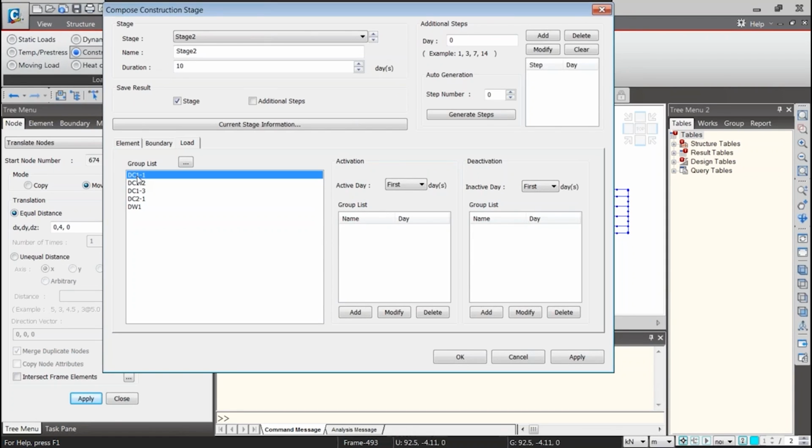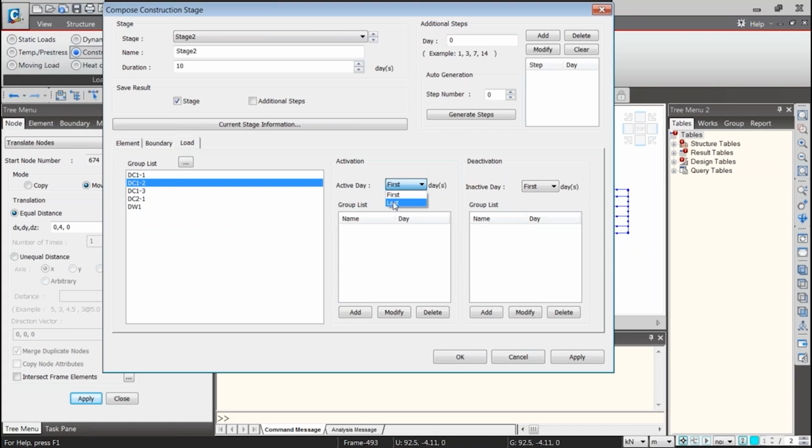What we do is jack some tendons on the first day, some tendons 2 days after, some tendons 3 days after. But in that case, if the duration of the stage is 10 days, you see that you can activate the loading only either on the first day or on the last day.